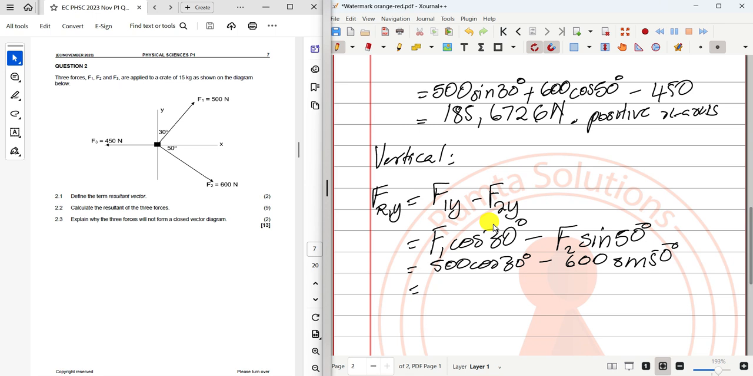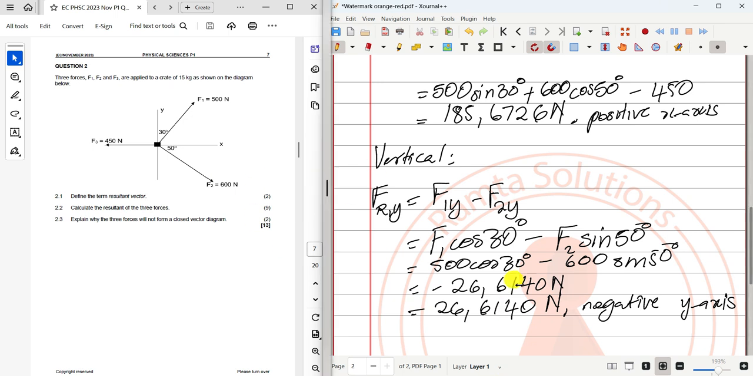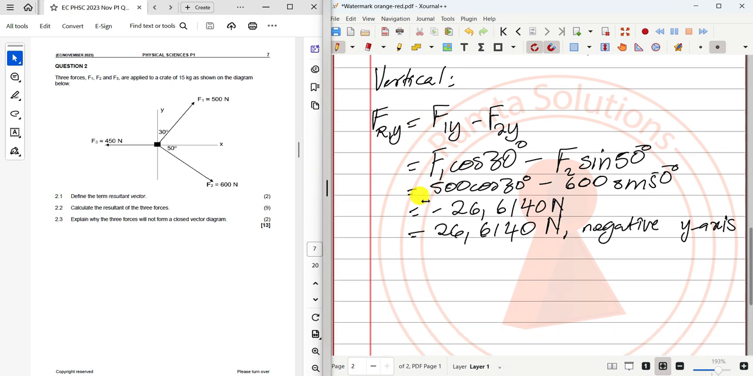Let's get our answer. It'll be 500 cos 30 minus 600 sin 50. So what do we get? We get a negative 26.6140 newtons, in the negative y-axis direction. I'm going to say negative y-axis. This is the direction, right? Because we said y. Now the resultant, before we go there,